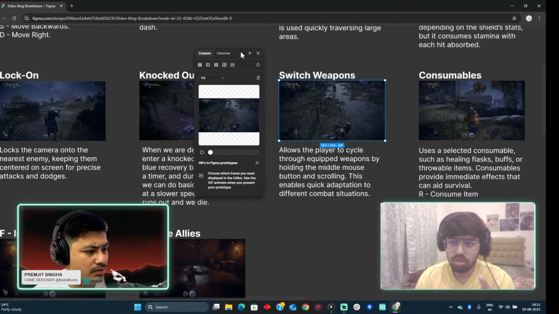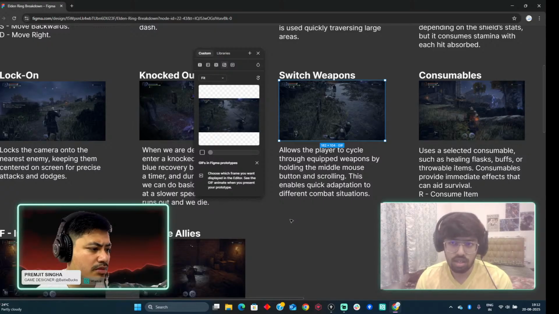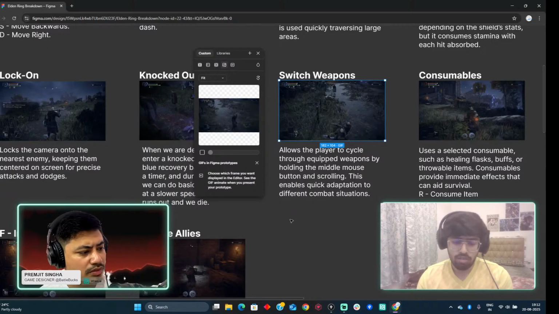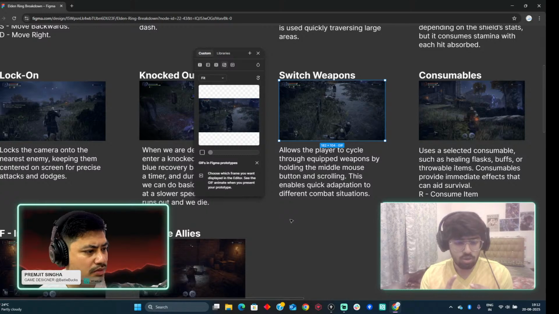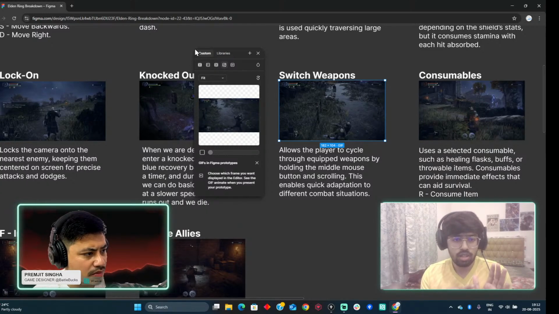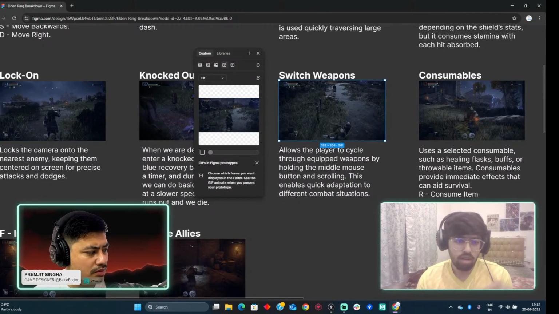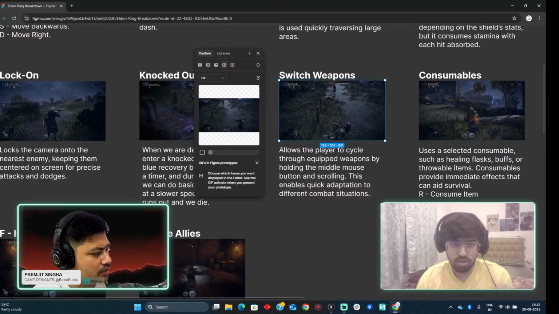In switch weapons, so basically in Elden Ring we have multiple attacks, right? As I mentioned, you can have a sword, you can have a shield, and if you don't have anything, you can use your hands to punch. You can kick, you can use a dart to throw, you can use a grappling hook, you can use a staff. So whenever you have multiple weapons in your inventory, you can switch the weapons using your